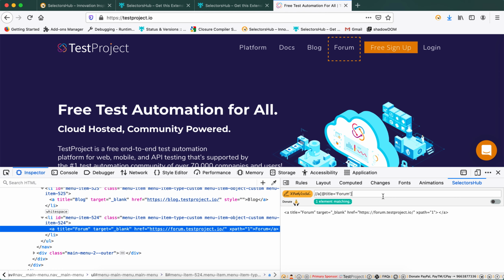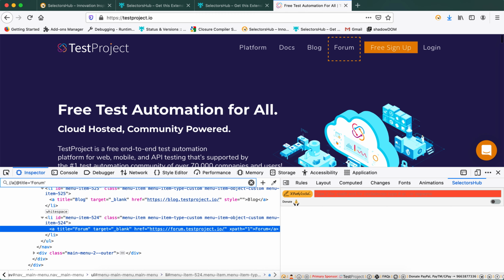Now what else? We have never seen anything which tells us what is wrong in our selector. So we were writing an XPath like this here. We have written this XPath. Now by mistake, while copying this XPath, we forgot something, let's say a square bracket. If you copy and paste this value here, it will not tell you whether this is the wrong XPath or what. It just tells no matches.